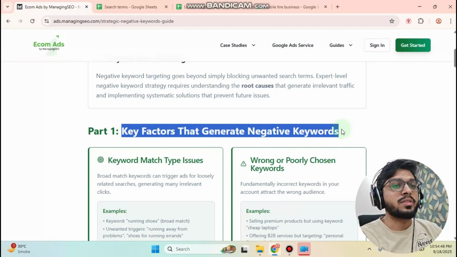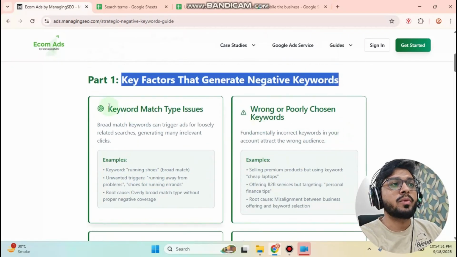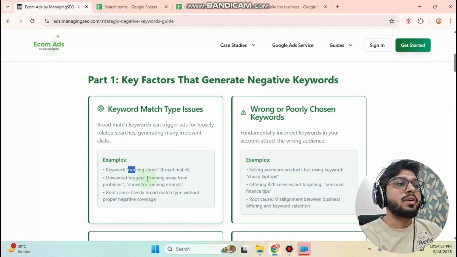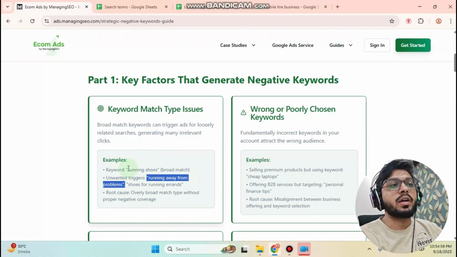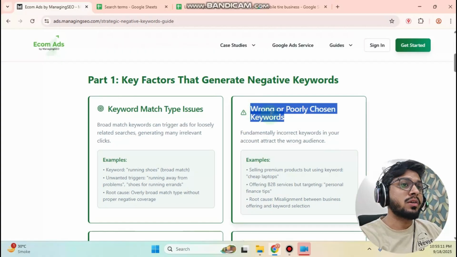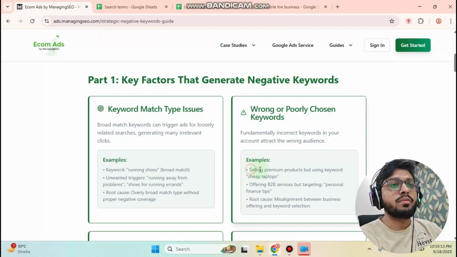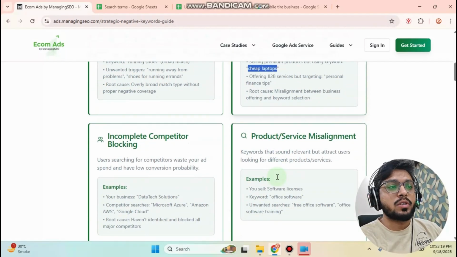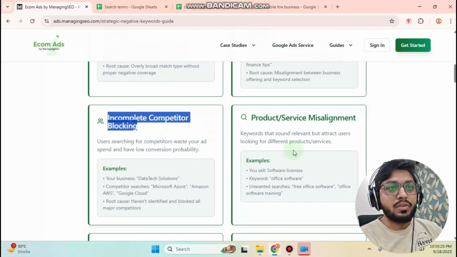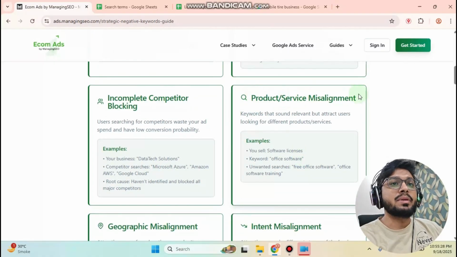What sort of negative keywords can we have? They can be generated based on the match type. If we have a broad match keyword, we might see a search term like running away from problems for a keyword like running shoes. Similarly, we might choose the wrong category of keyword. For example, if we are selling premium products, we might add a keyword like cheap laptops. And the third category is we might not block all the competitors,